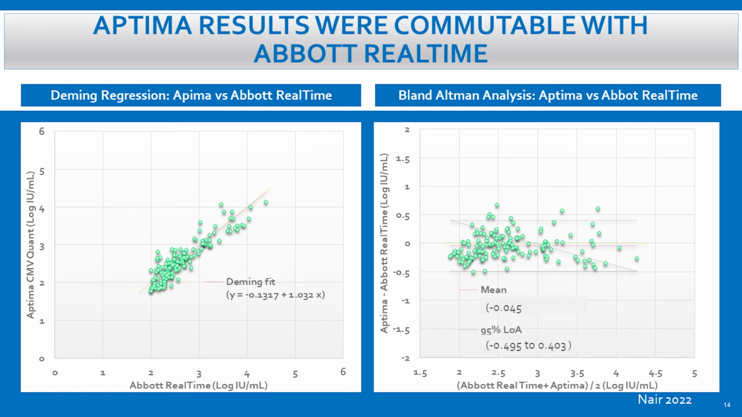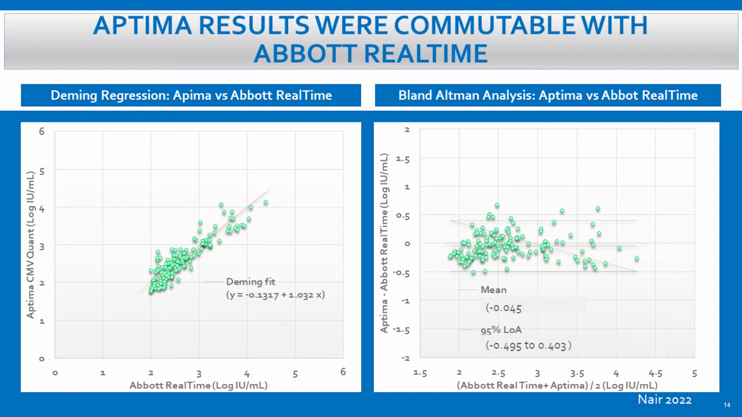We had a smaller data set in comparison of Aptima with the Abbott RealTime. Here you'll see the slopes of 1, which shows really good agreement between these two tests. The Bland-Altman plot again shows that most of the results are within plus or minus half a log when comparing to Abbott. There are a couple here or there, but again, the discordant rate between them is